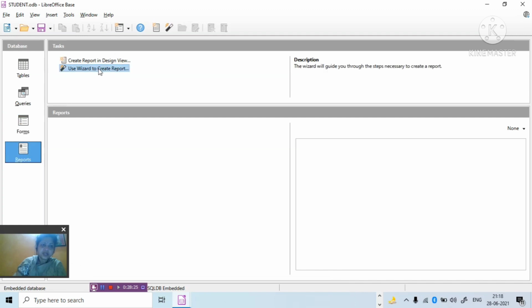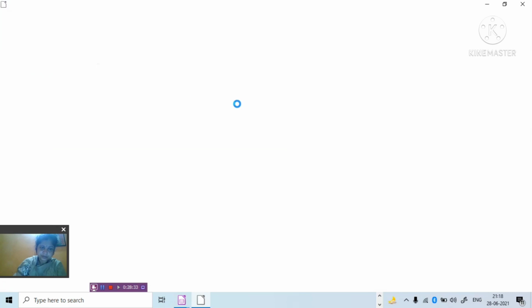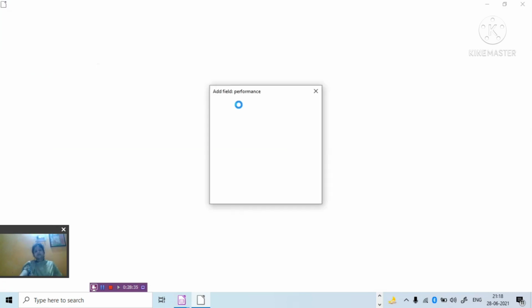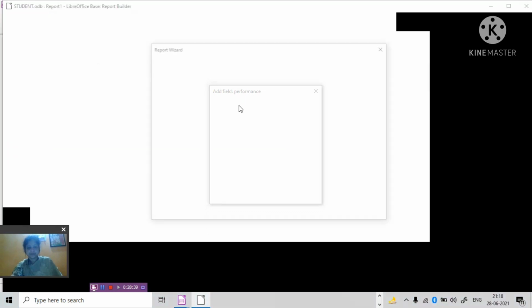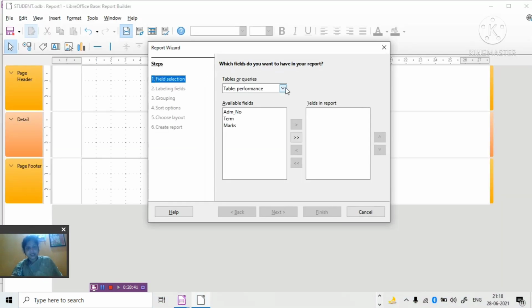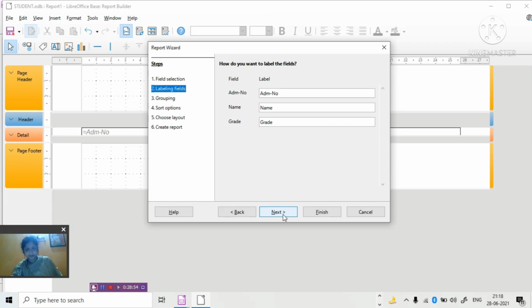Use wizard to create a report. Same thing, on which table you want to make the report. You select the table. Similarly, here are available fields and fields in report. All the fields I want, then go to next.